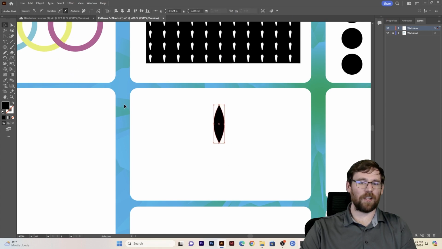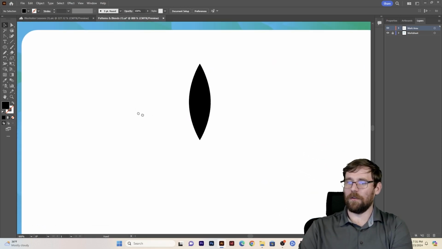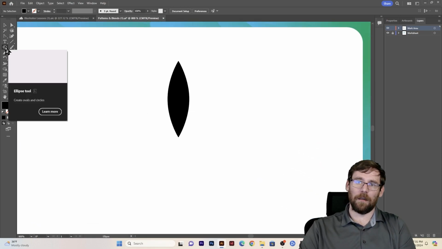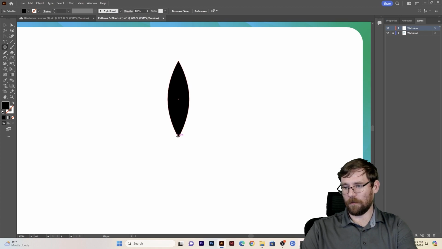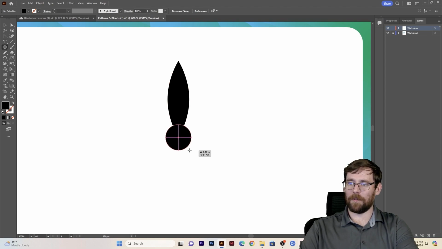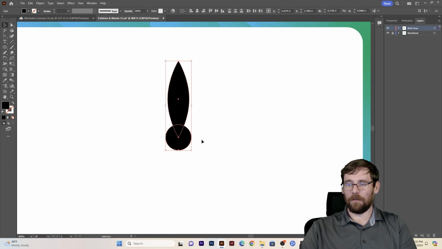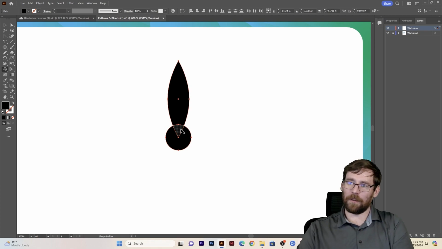This is going to give me kind of a canoe look, right? With this canoe look, I'm going to get my ellipse tool, L for my ellipse tool. I'm going to hover right over this anchor, holding Shift and Option. I'm going to click and drag up to create a circle. Selecting both, Shift M. I'm going to click on this little option right here to cut that out, and there